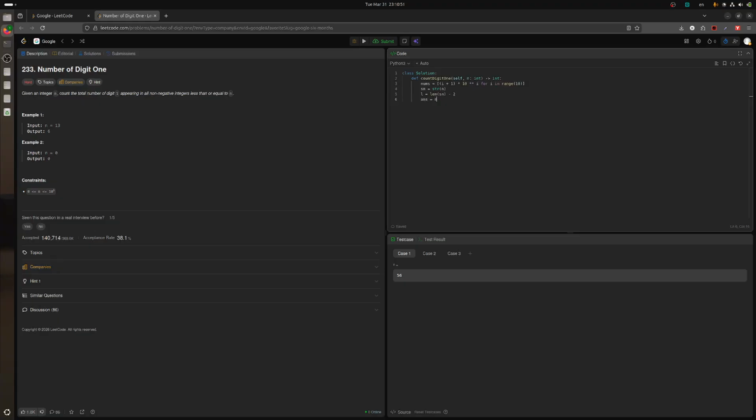So that's ans nums L, right? Okay, and now we want to count. We look at the first digit, right? And then first ans is nums L, of course, because we set digit to 0 and whatever. Then